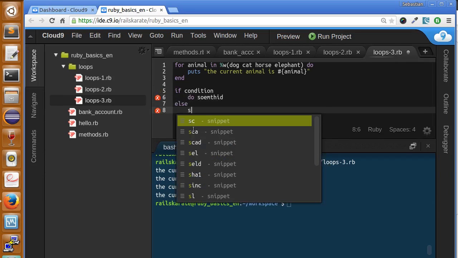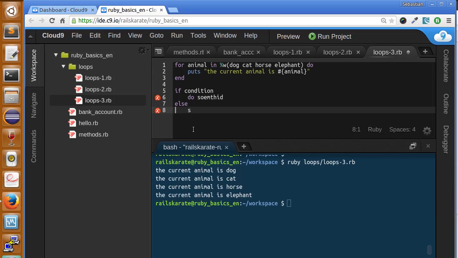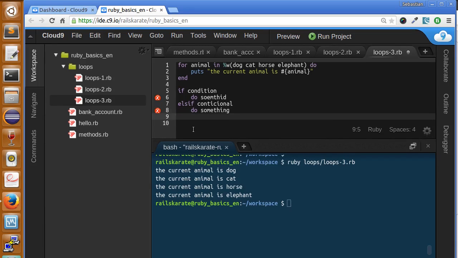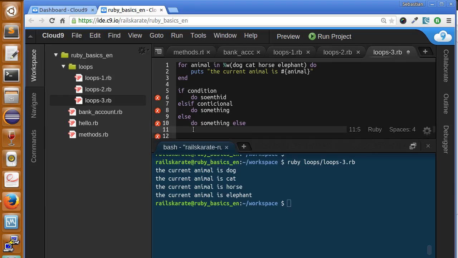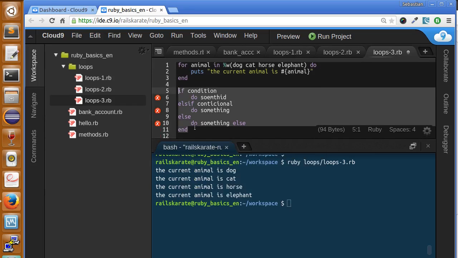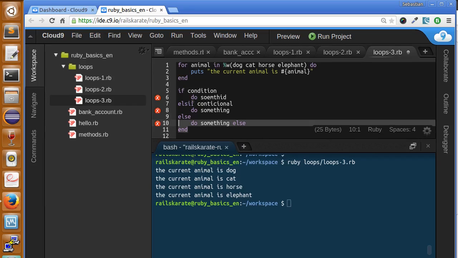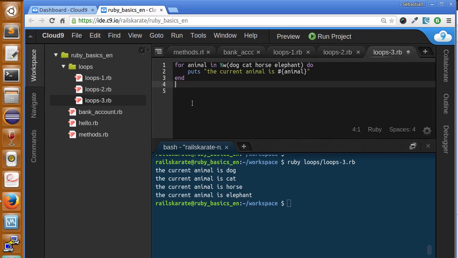Else, we also can make another conditional. Something. We also have the else. And we end with the keyword. As we have these kind of conditionals that we will use in our programs a lot, we also have ways